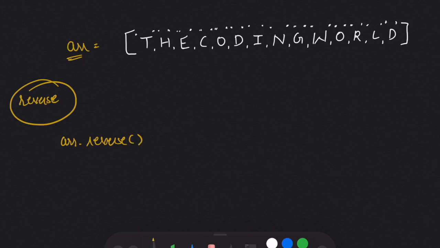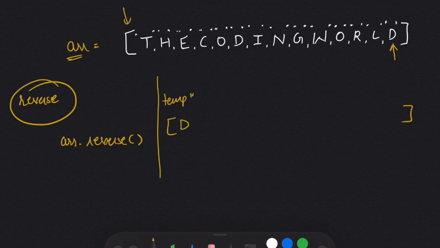And the second way to solve this problem is we will take an empty array of the same size. Let's say we took this array, and let's name it temp. We will start from the ending of the given array and start filling our temp array from the beginning.